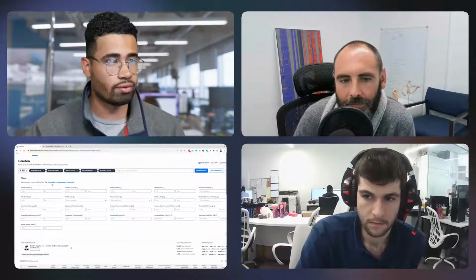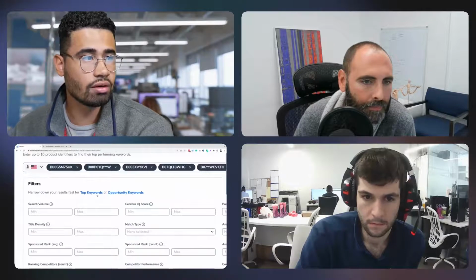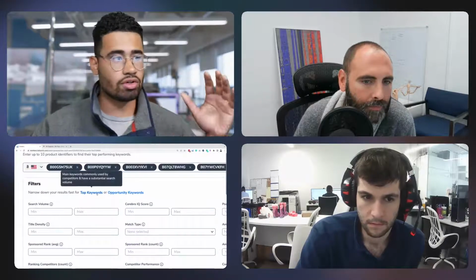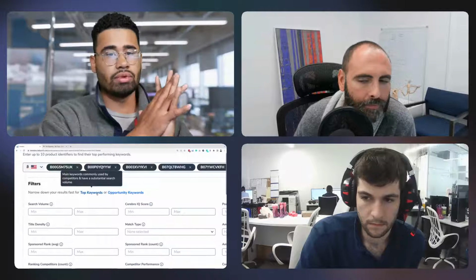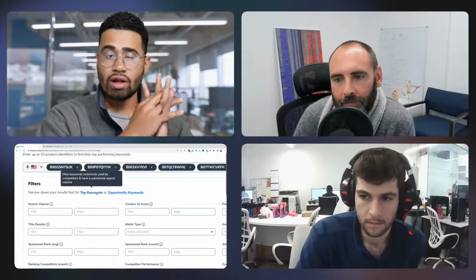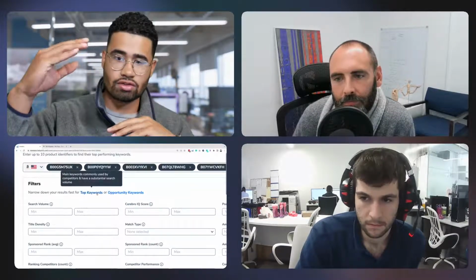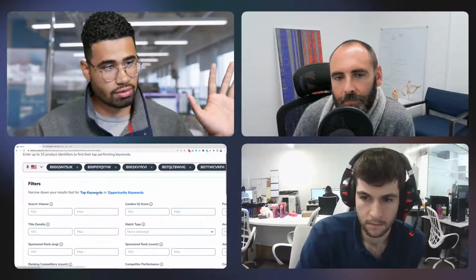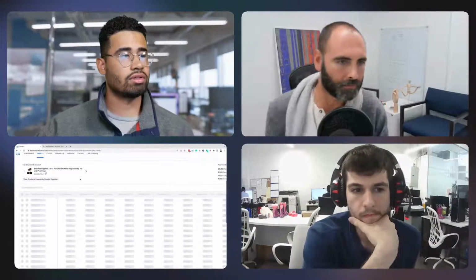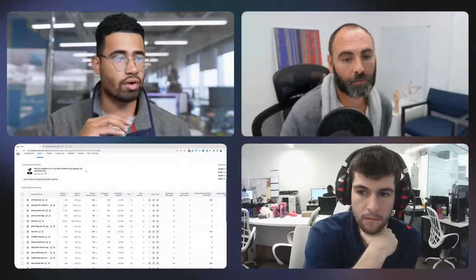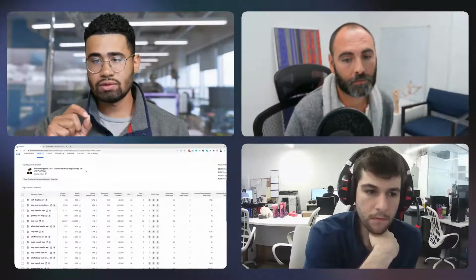And this is where we have our buttons for top keywords and opportunity keywords here. Top keywords is just going to show you the top keywords that these competitors are doing well for and that have substantial search volume. So if we just click on top keywords, they'll go from around 26,000 keywords to probably around a couple hundred, I would think. 161 keywords. So that's really automatic in showing us right away what the top keywords are for these listings.